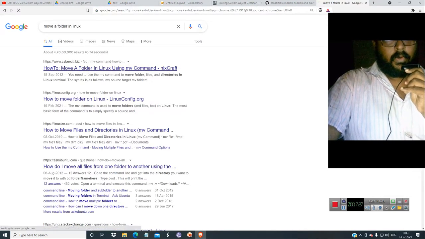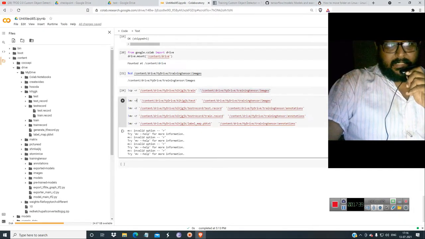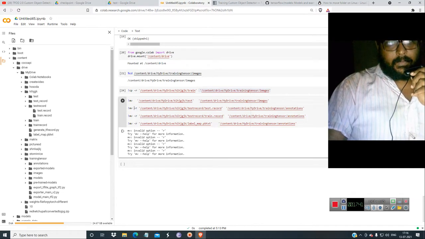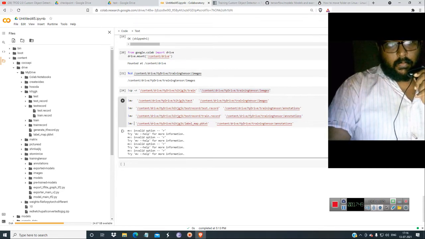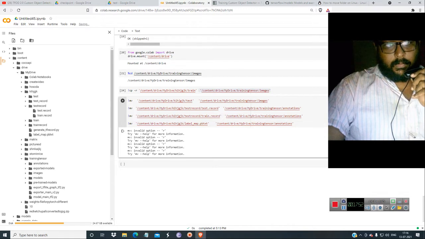Okay, the move folder command in Linux would be different, I think. Okay, I think minus r should not be given. So let's take out the minus r. Minus r is not needed. So let's move it now. I think everything will be moved.